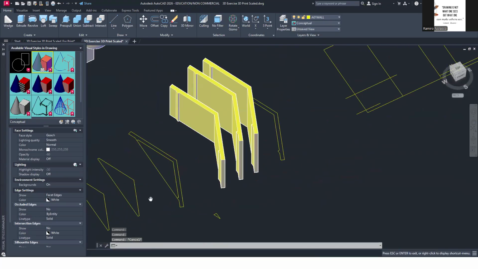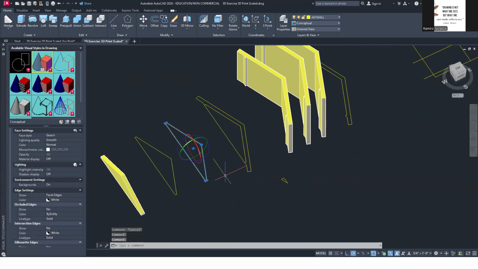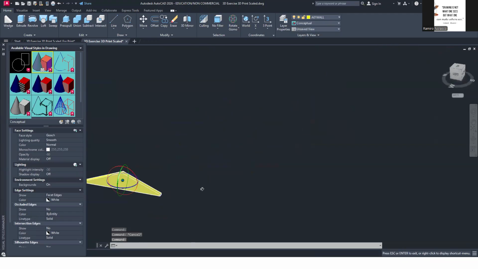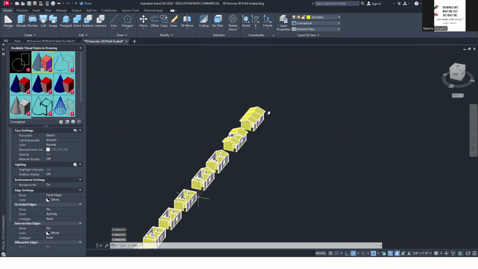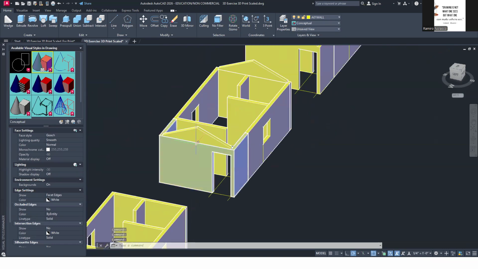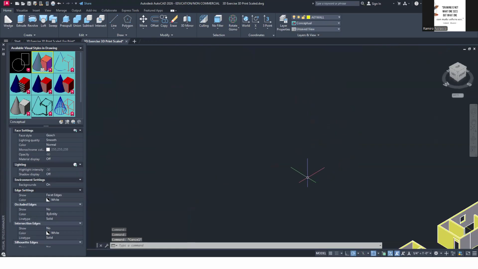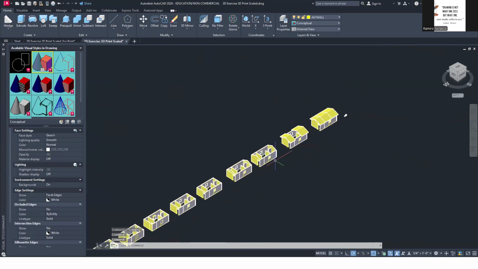So B-poly. I created a B-poly using the P-poly command I've shown you earlier. Extruded that by 6 inches and then rotated it. Once I've rotated that, I move that to its location and then made a copy. Are we good so far?